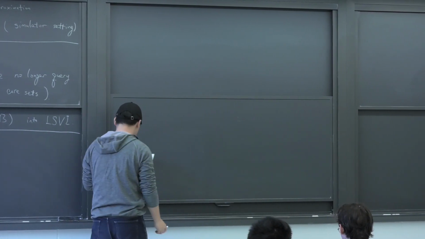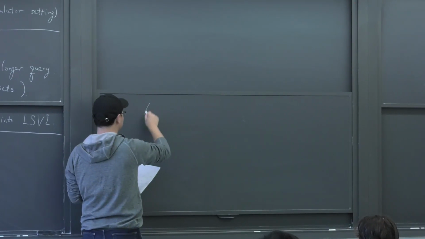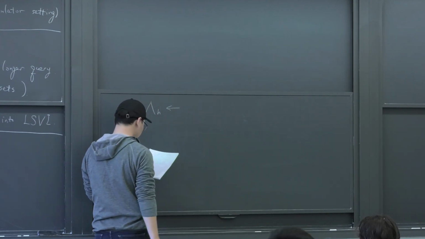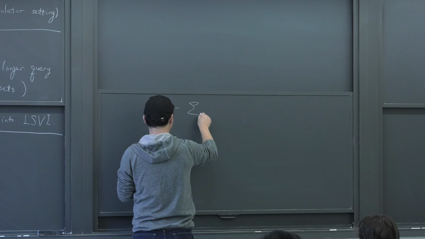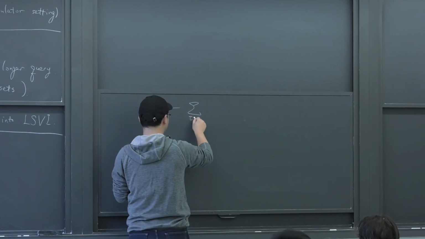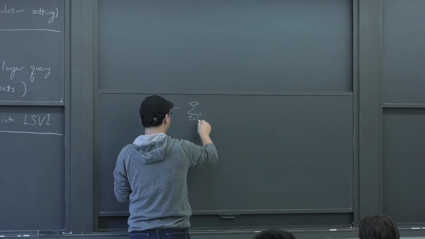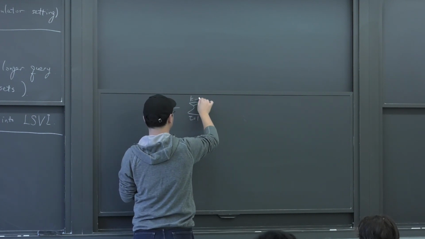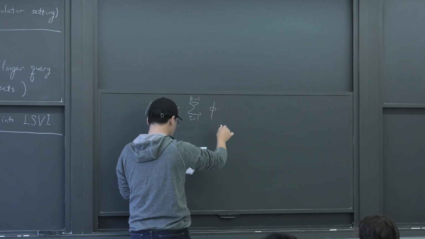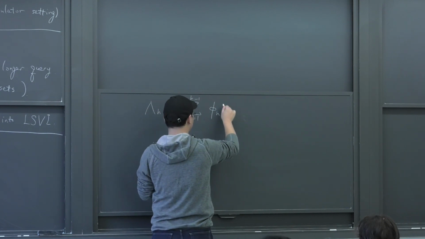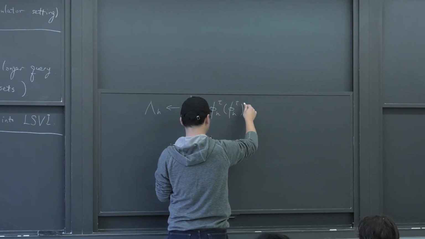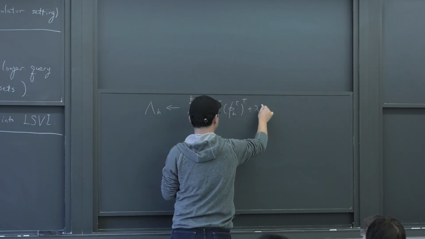So for each step, we let Lambda_h be essentially the Gram matrix we talked about in the least square solution: summation tau from 1 to k minus 1, phi_h^tau phi_h^tau transpose, plus lambda I,